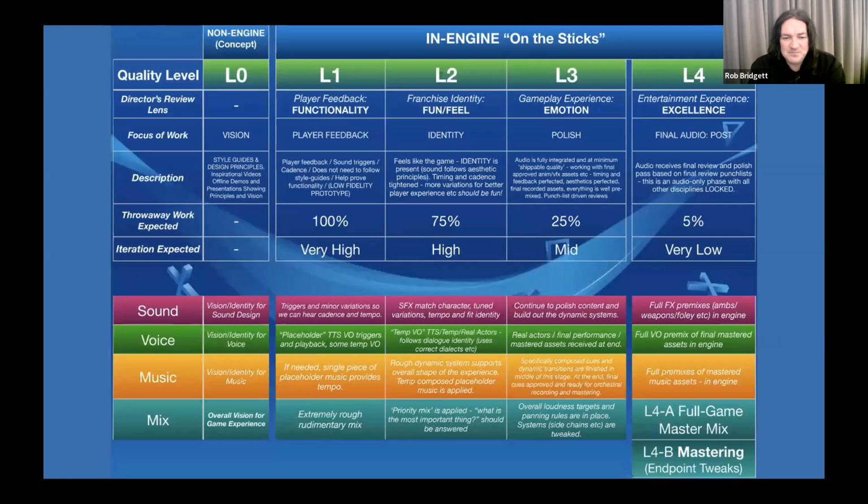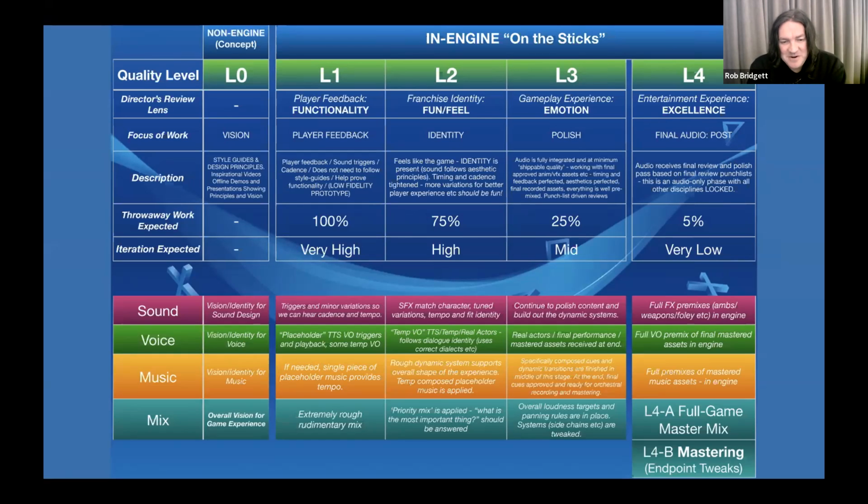And so we've come up with this shorthand, this quality-driven shorthand. It's called the quality level scale, and it's a way of communicating with other disciplines on a game team predominantly, but also within our own sound teams. At any milestone in development, we can target one of these L levels for the quality that we want to review on screen, and the phase of development that we're in.